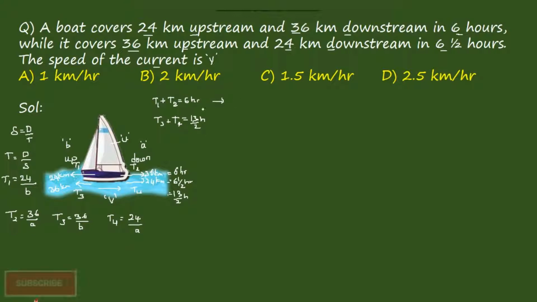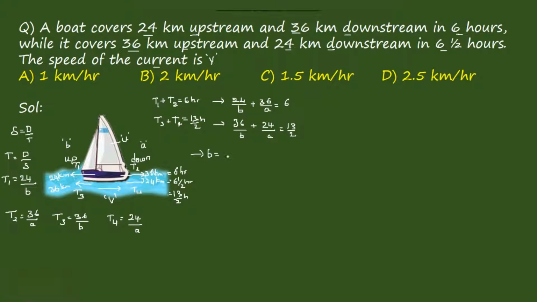T1 plus T2 is equal to 6. Then we get 24 by B plus 36 by A is equal to 6. Again substituting the values, we get 36 by B plus 24 by A is equal to 13 by 2. Right? But the general thing that we know is that the speed of an upstream is B,